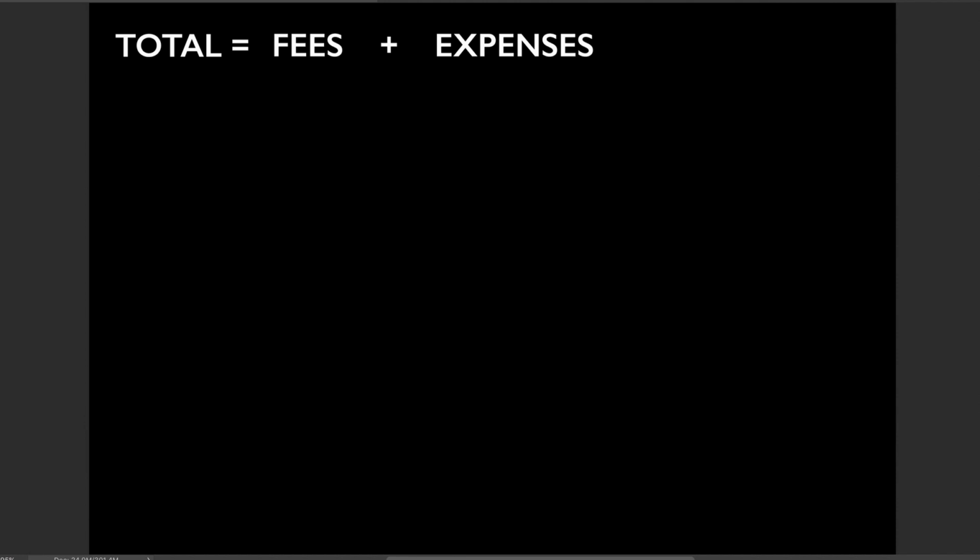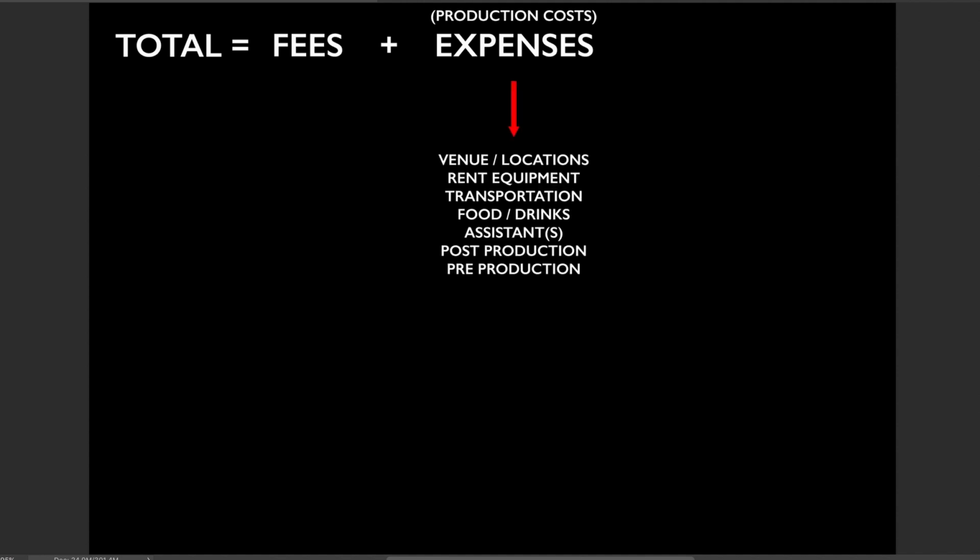And expenses in photography lingo is also known as production costs. Now, production costs are basically costs that you incur as a photographer to make the production happen. So it could be anything from venue hire, location rentals, rental equipment, transportation, food and drinks, hiring assistants, post-production, which is basically either retouching or video editing if you're hiring those services out,